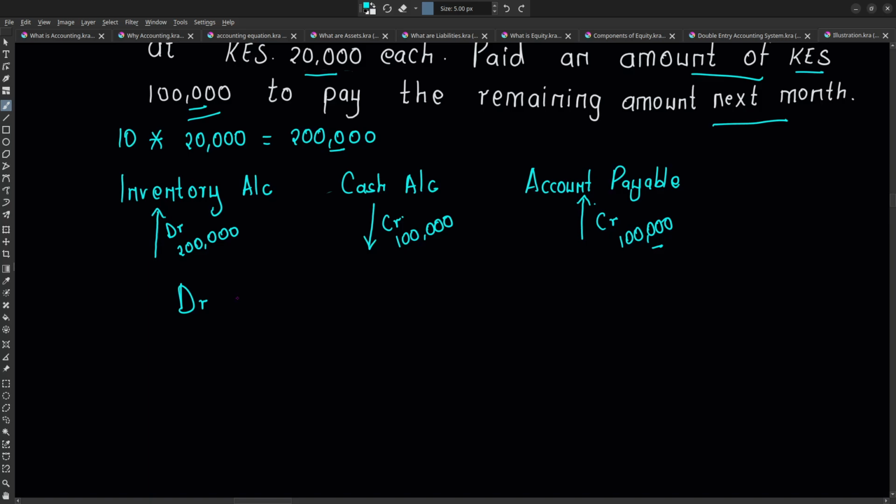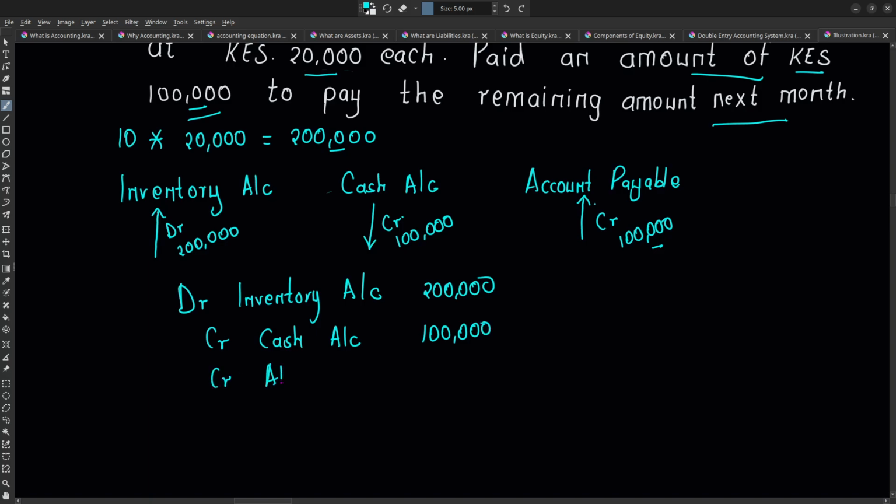So this is going to be basically a debit to the inventory account, then you credit an amount of 200,000, then you credit the cash account to recognize the decrease in that account of 100,000, then you also credit account payable again to recognize an increase of 100,000. Okay, so you're going to see now the debits are going to be equal to the credits because 100,000